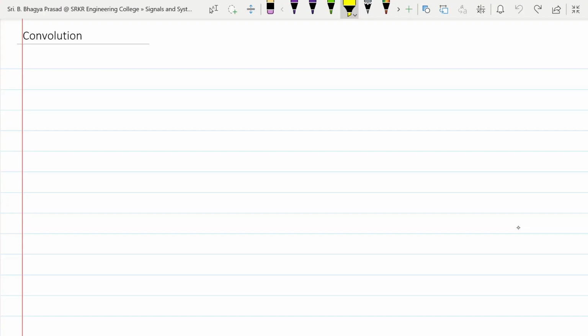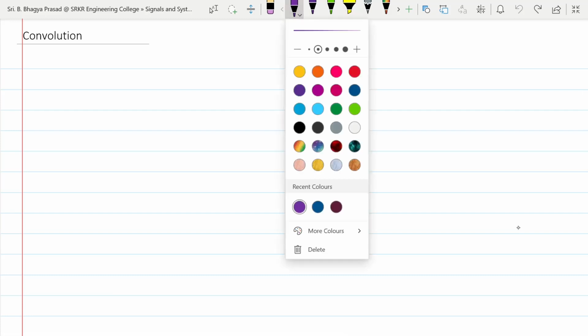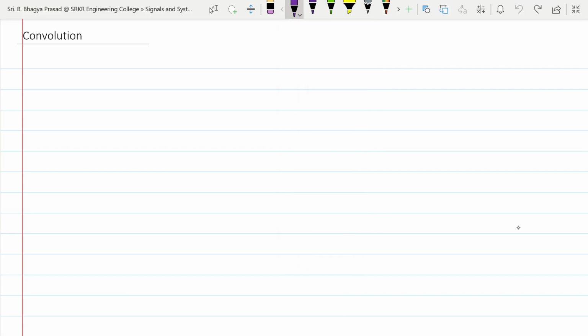Today's topic is convolution. We discuss the convolution corresponding to signals as well as systems. Before going to the convolution, let us see how a sequence x of n can be represented with the help of impulses. So we are introducing convolution, how to represent a sequence in terms of